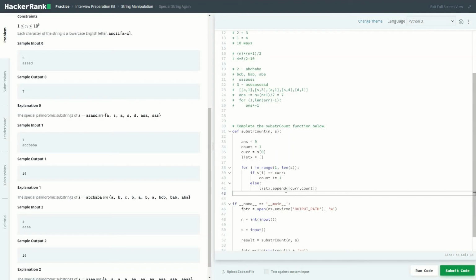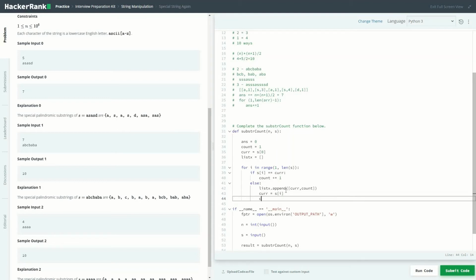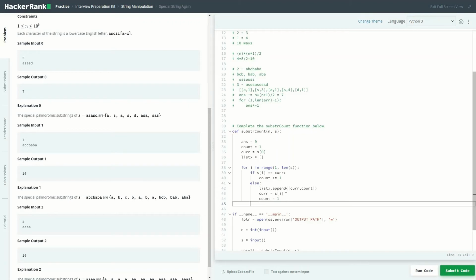After that, we would be initializing cur with the new value of the s which did not get matched, and we will write the count value equal to 1. And when the loop ends, we will have to store the last value also. So in that case, the last value would be